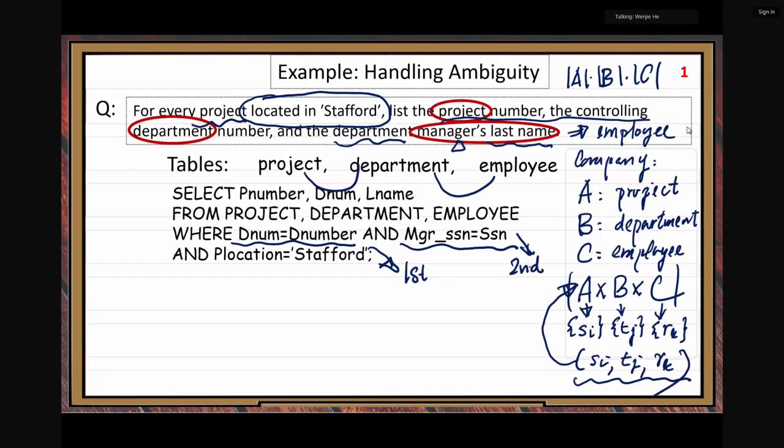The first join condition, Dnum. Dnum is a field inside the project table. Department number. Also department number. But we intentionally make it different. Because in the employee table there is a department number